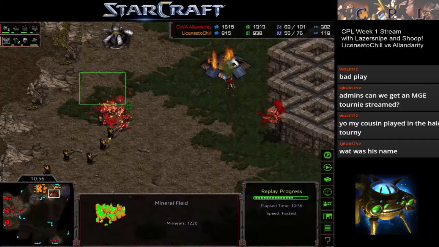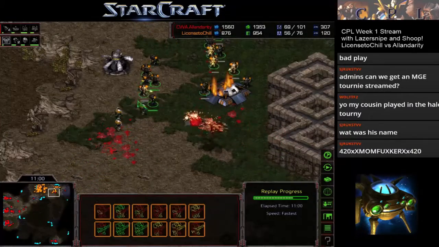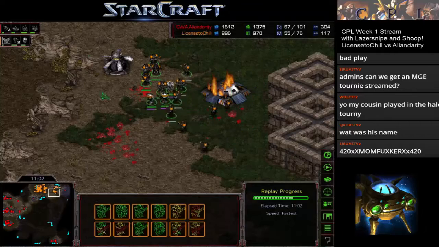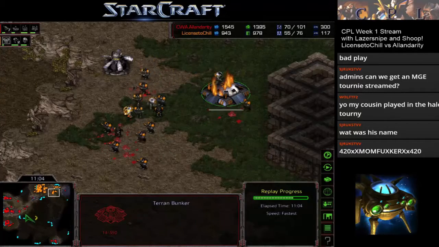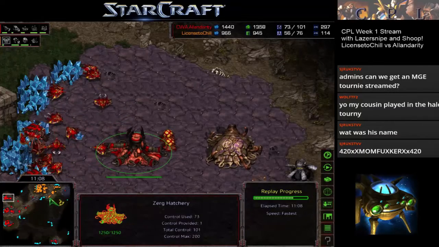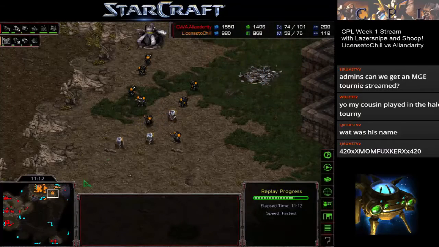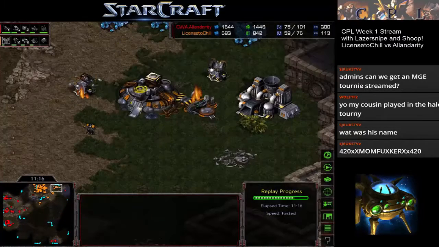Still no. Oh, we got a couple medics coming up with this army now, but I think that was the last of the Mutalisks, though. Yeah, so Allandarity's doing a great job of doing these run-by attacks, these backstabs. They're keeping the Terran stuck in their base. Every time they move out, there's units that just stream in and make the units